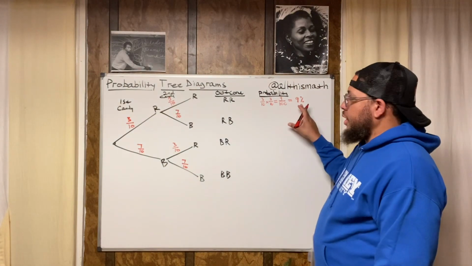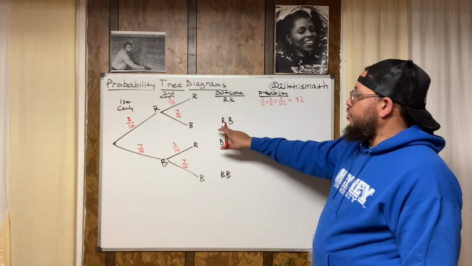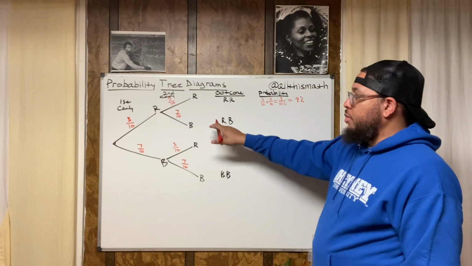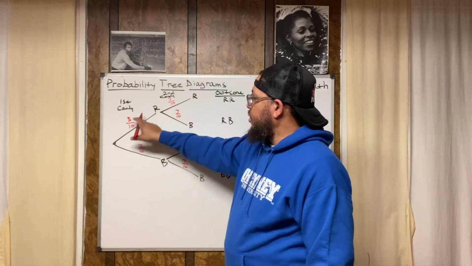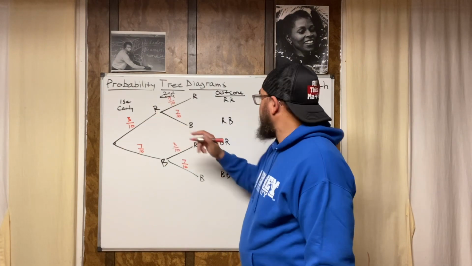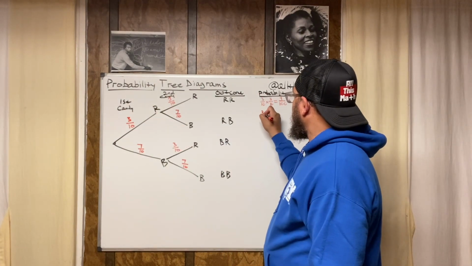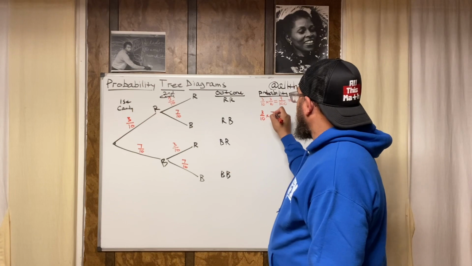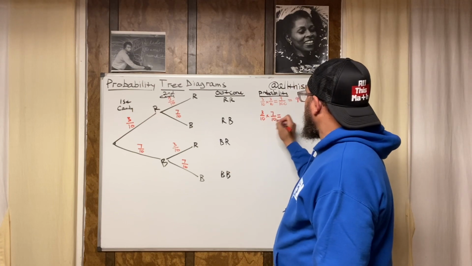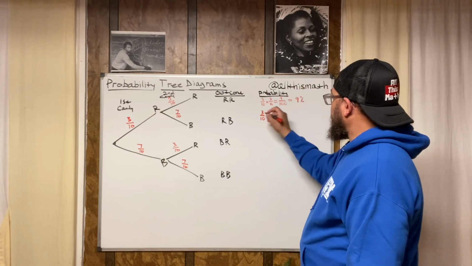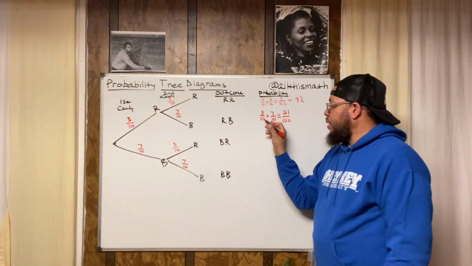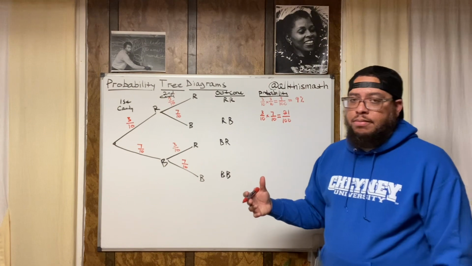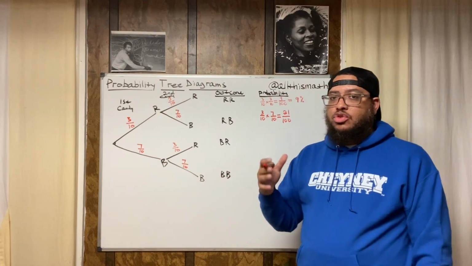All right, so 9%. Now let's find out the likelihood, or the probability, of pulling out a red candy and then a blue candy. That would be 3/10 times 7/10. So we do 3/10 times 7/10. Multiply those, we can't cross cancel, 21 over 100. Now don't forget, when you multiply fractions, you actually do multiply the denominators.